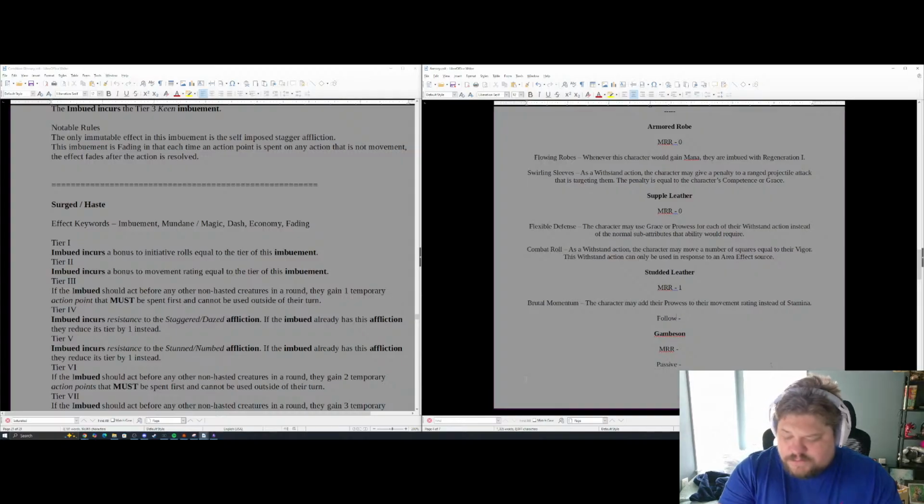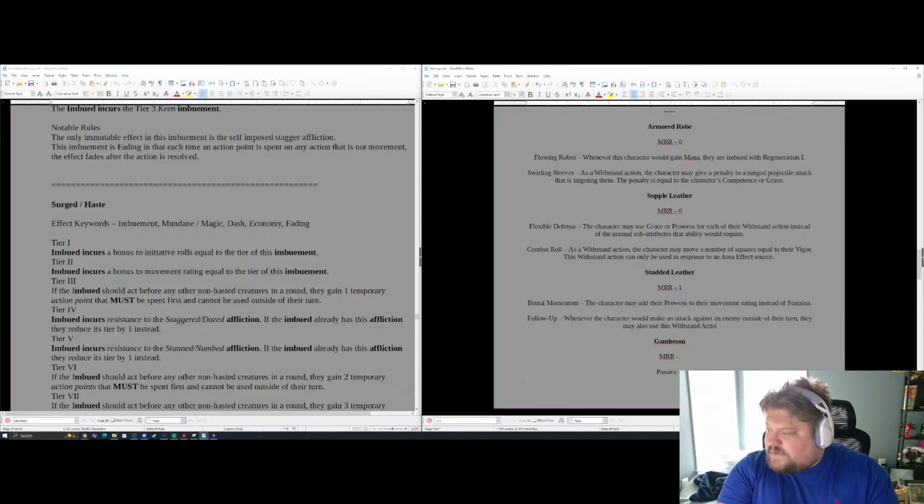Follow up. Whenever the character would make an attack against an enemy outside of their turn, they may also use this withstand action